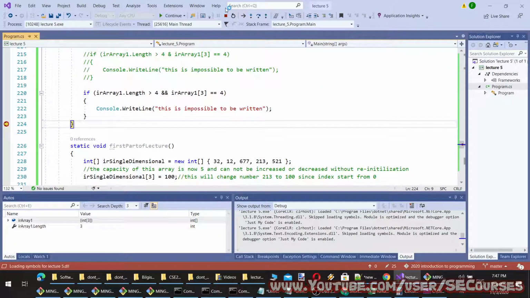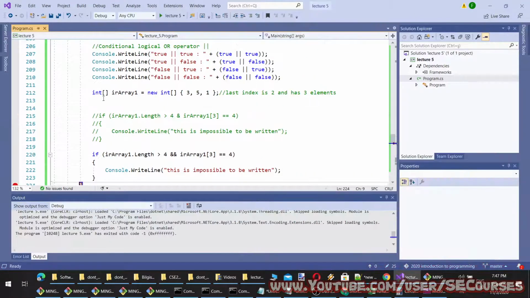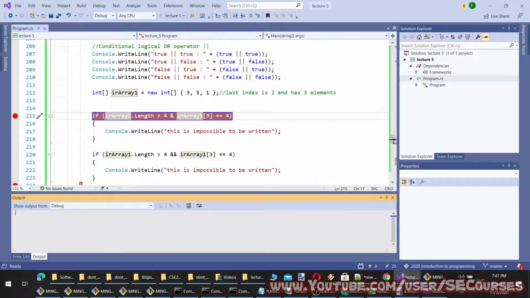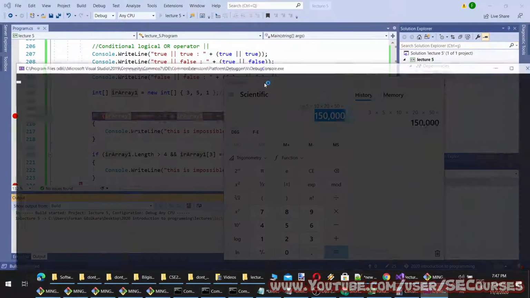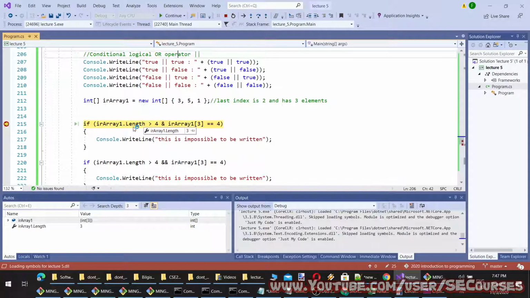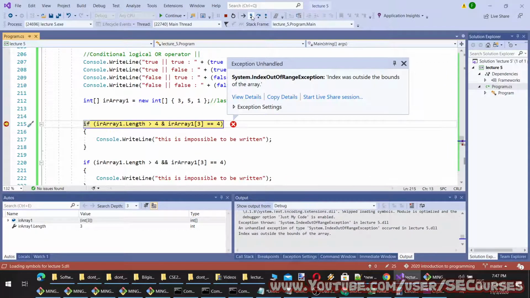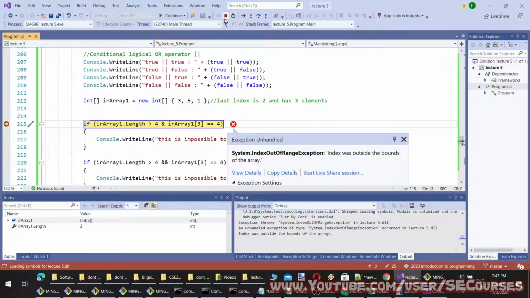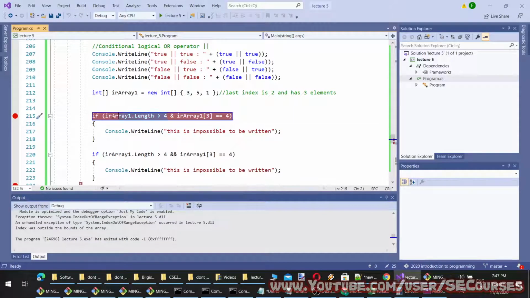Okay, let me explain to you. Let's debug and see why this throws an error. Okay, I'm going to put a breakpoint here. Okay, so we are at this line. When I click step into, I think it checks both of them, or will the order make any difference?